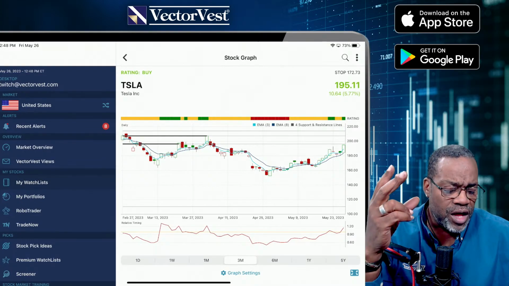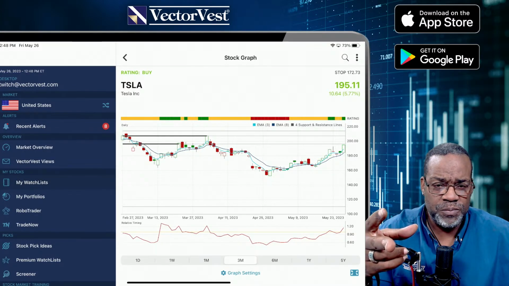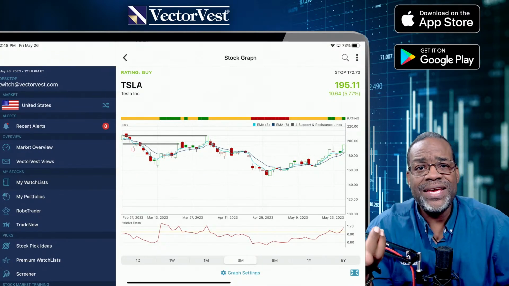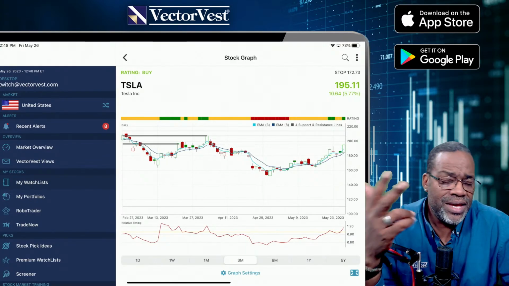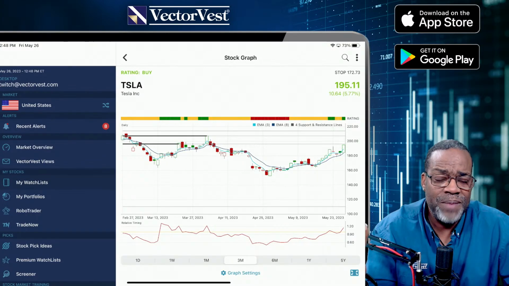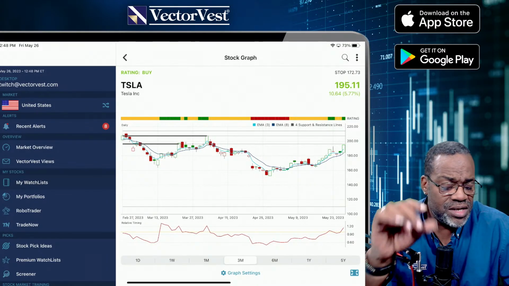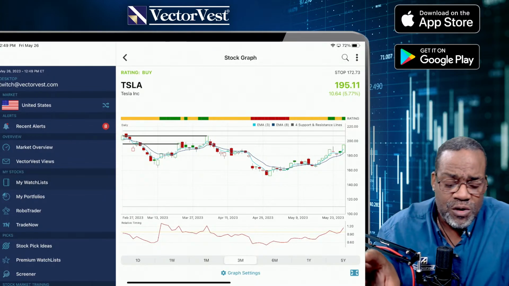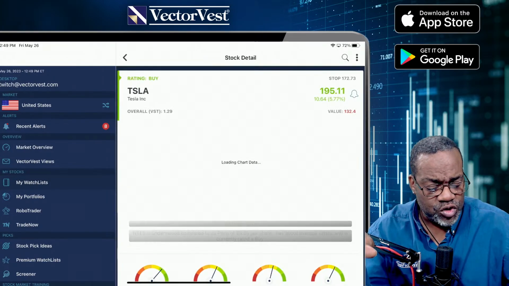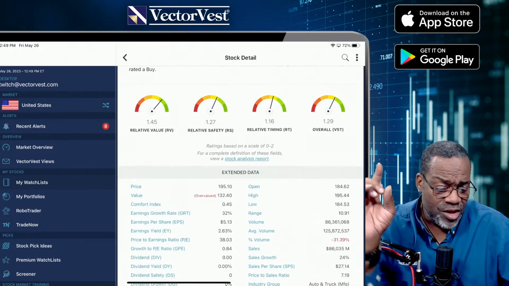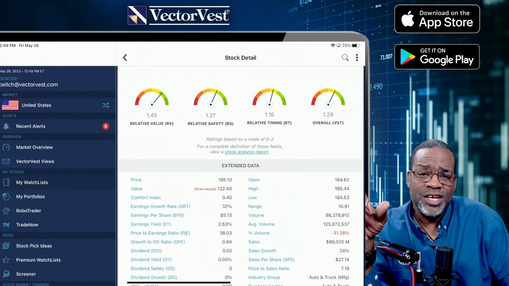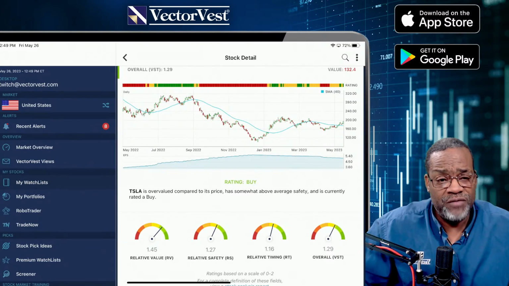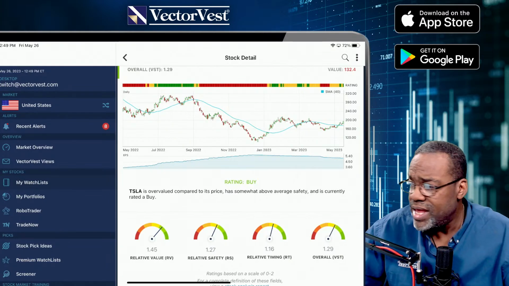Number 2, a lot of the downward move short term was based upon him cutting the prices on cars, biting into his margin. Well, guess what? He had enough of that. He started raising the prices back on the U.S. EVs. So I think those two things put together, I've liked Tesla long term. I think it's fundamentally sound. But short term, because of the price cuts, I knew it was going to bite into his margin. I didn't like it short term. Now it looks like he's getting better and putting more of his energy over there. That's what I'm looking for.